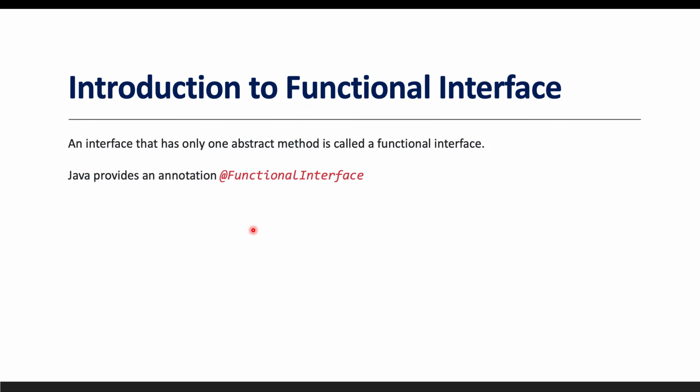We will see how. Okay, so this is what I was talking about. Lambda expression provides an implementation of the functional interface. So basically, an interface which is called a functional interface has only one abstract method, and the implementation of that abstract method is going to be done by the Lambda expression. We will see with the help of an example, then it will be more useful.